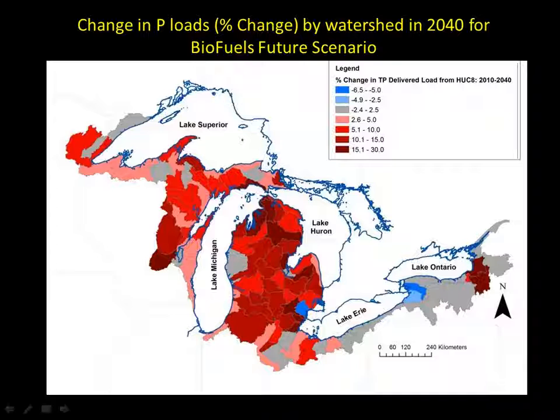So what we have here is the percent change based on not only urban expansion, but also this biofuels production. We see the reds are saying that, in general, the loads are going to go up. Not a lot, but they're going to go up. And we see areas like around the city of Detroit, and some of these other really big urban areas, where the projection is that the population will drop. So we expect those point sources to possibly come down a little bit. That's not due to changes in sewage treatment plants. That's just saying that the population of Detroit is expected to drop as we go up to 2040.